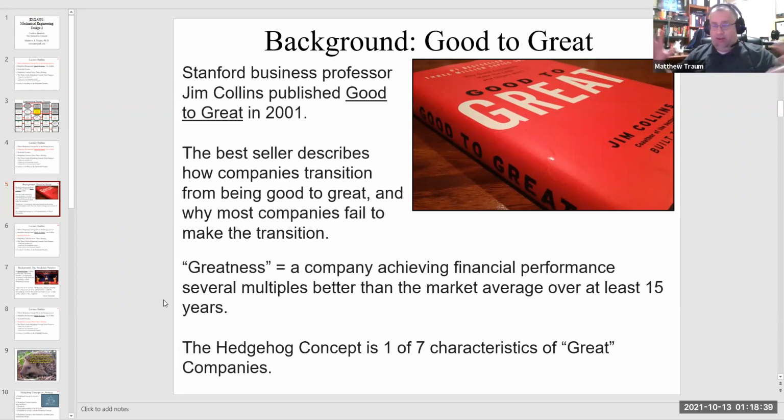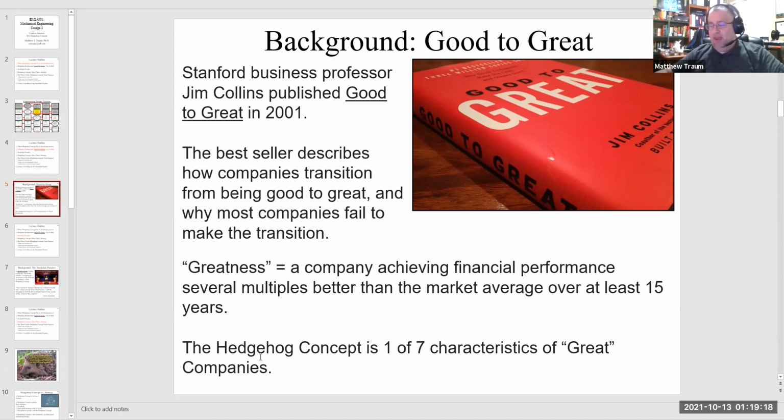So a very long, protracted time period of exceptional financial performance on the part of a company puts it in this category of a company that demonstrated greatness. And so Jim Collins, the professor who wrote this book, looks at a series of different companies that achieved greatness in different modern time periods, some earlier, some later, some now. That's effectively what we're looking at: this grouping of companies that have achieved really impressive financial